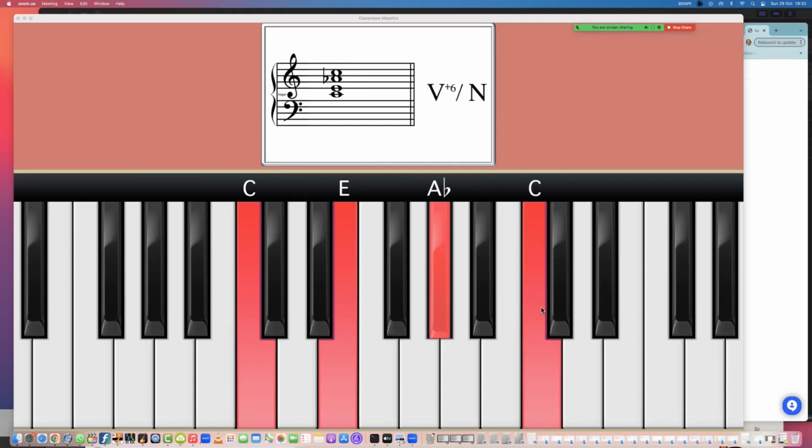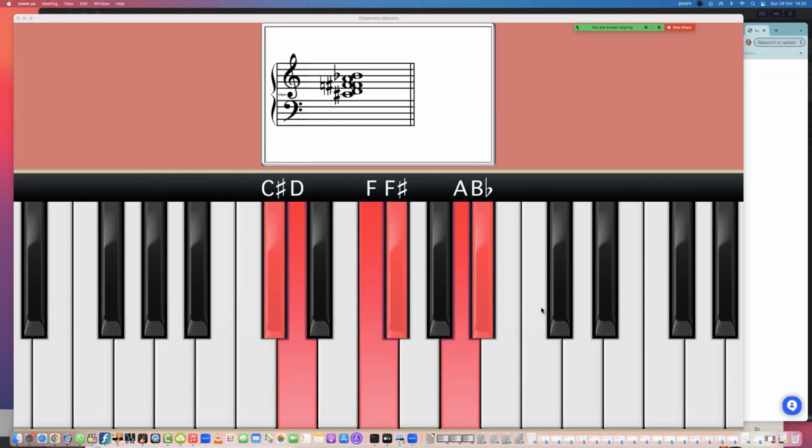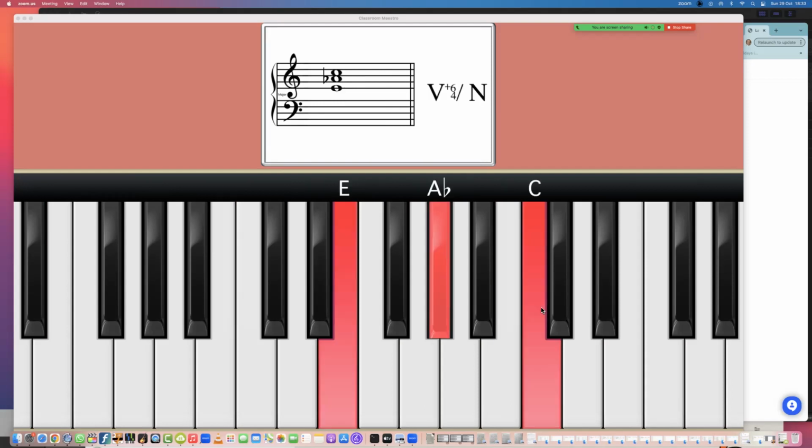If you add the octave, it's still a symmetrical chord. That's a symmetrical chord. And there will be